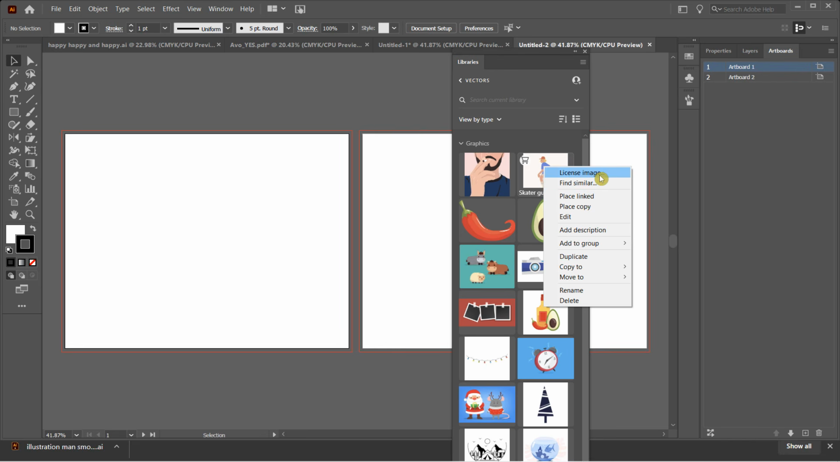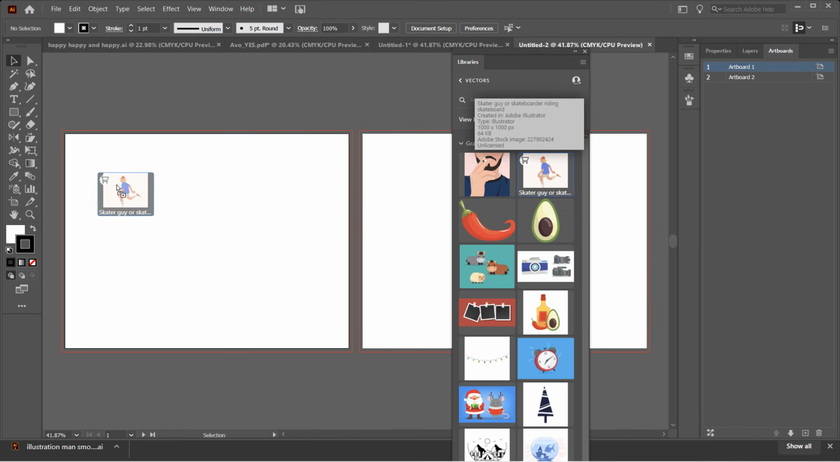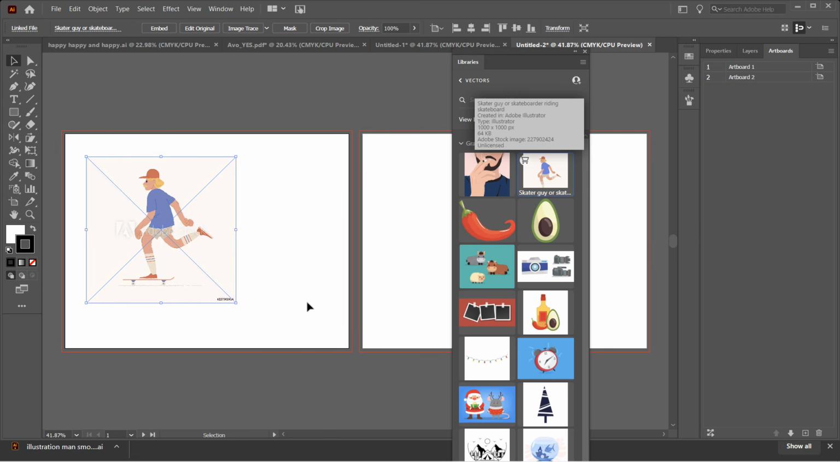Oh, here's an option to license image. That's right, I didn't license that. And a whole bunch of other options you might want to work with. Okay. Also note that I can just drag this out and then draw it. And then bam, it's right there. But,